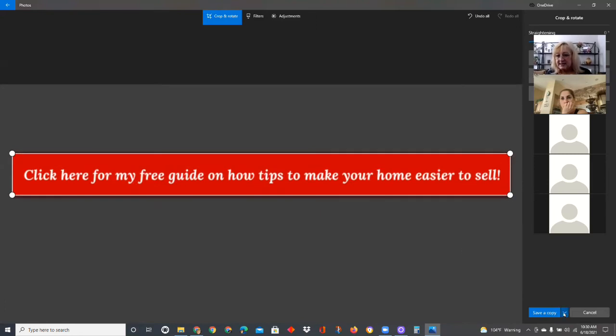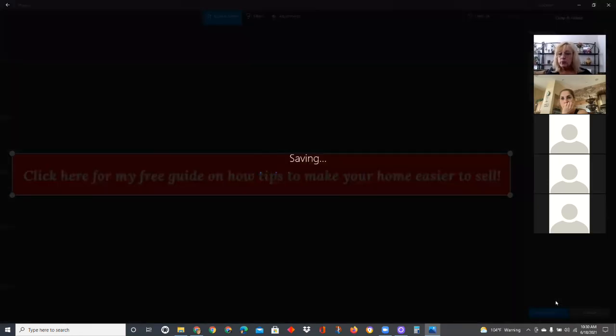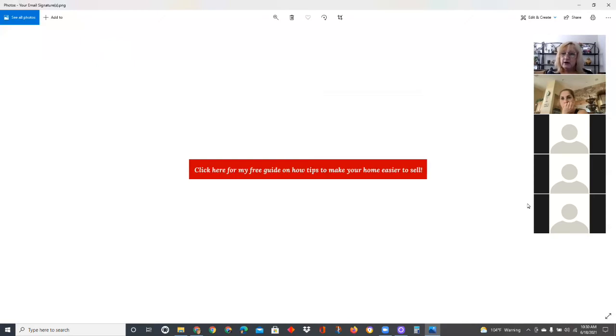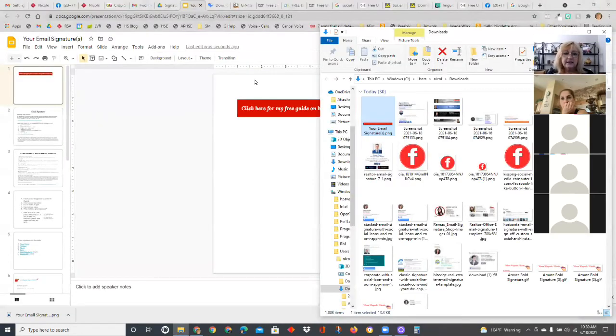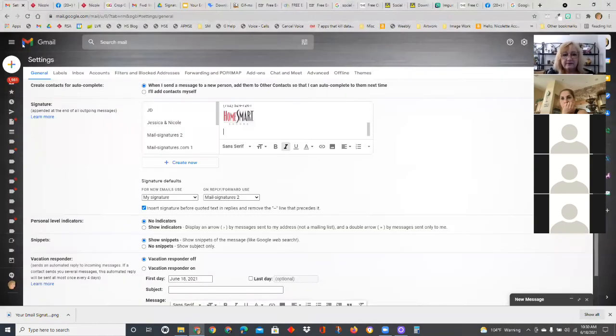Now I'm going to hit save. And this is just the Windows Photos program. Okay. Now I've got this one little box. Let's go back over to the email. Here, I've got the cursor right where I want it to go, right? Hit on image,